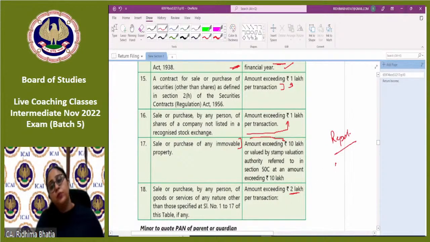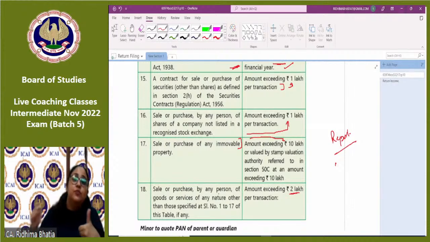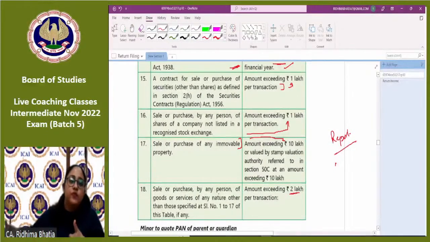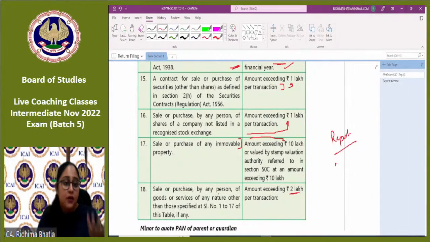They will report such transactions in a statement of financial transaction where high value transactions are getting reflected. So इससे क्या होगा? If the government has information that इस PAN ने debentures लिए हैं, mutual funds लिए, the government is having all that information, all that data under your PAN. So if the other day you show to the government that I do not have any debentures, I do not have any demat account, I do not have anything,